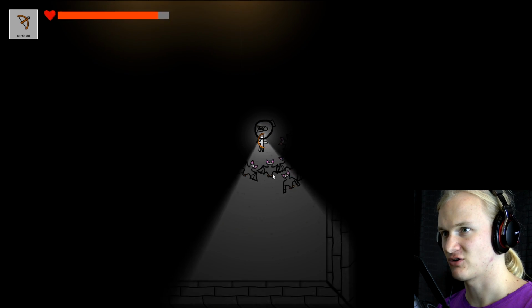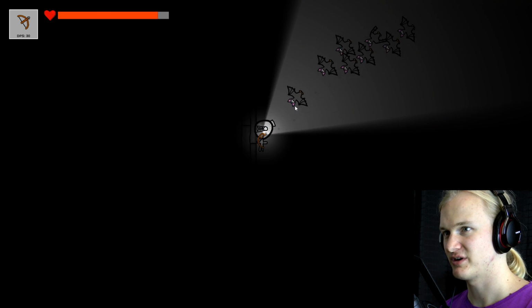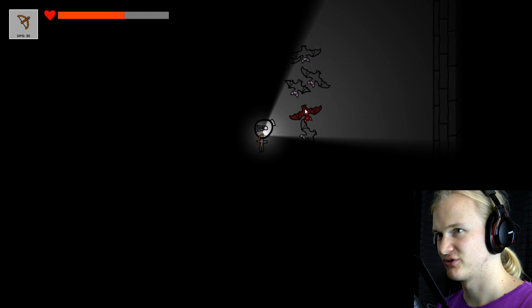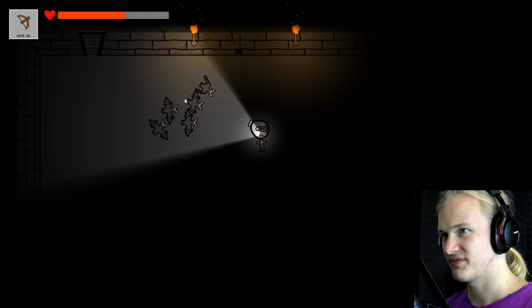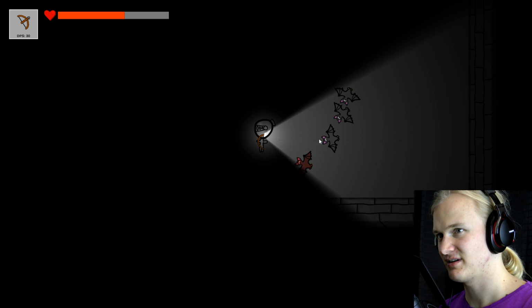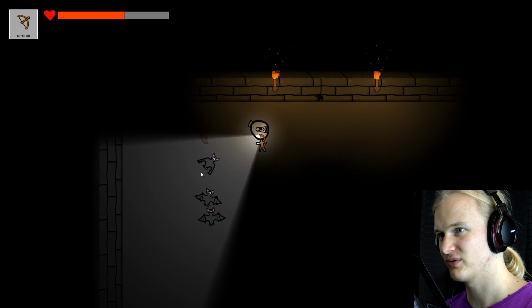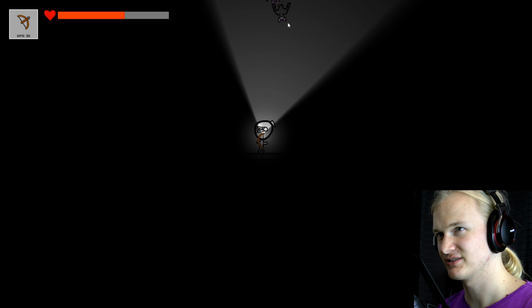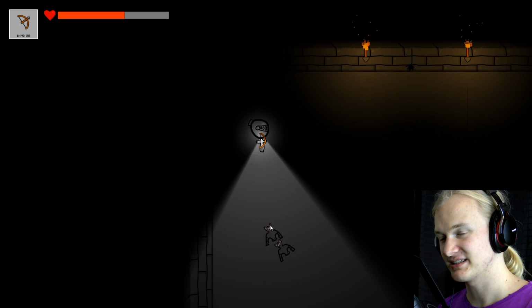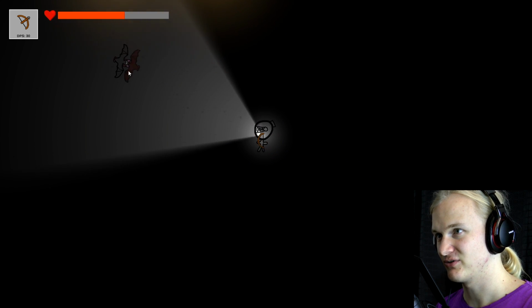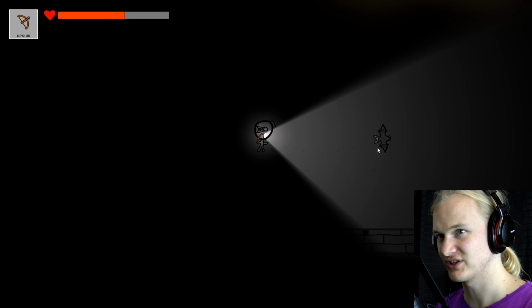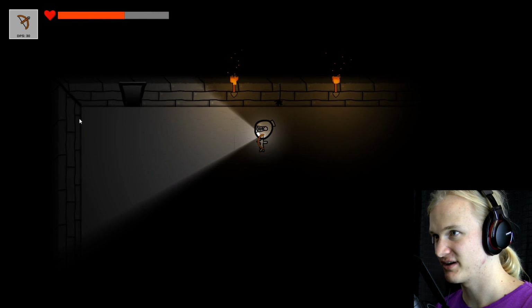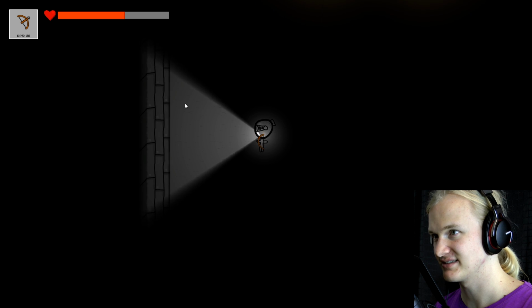That is cool. This is a common thing I see in a lot of games where the character actually moves faster when you move diagonally. If you don't know that, you're a bit screwed, because the bats are really fast. The reason why that happens is usually because a lot of people code movement in a way where when you press to the right, your character gets a certain movement to the right, and when you press down, your character gets a certain movement downwards. So if you press to the right and down at the same time, then you are about 40% faster, because you're just getting the sidewards and the downwards movement at once. And if you don't compensate for that in the code, then your character is just straight out faster when moving diagonally.